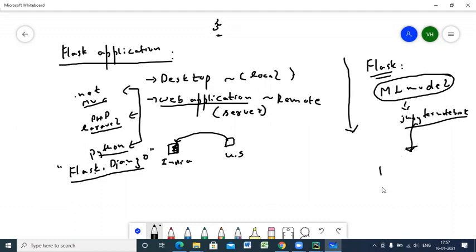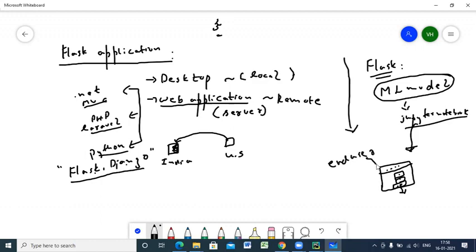He requires some UI, right? He requires some user interface. He requires some website. It must have something like enter the salary, enter the age, and predict the salary. I mean, enter the salary, enter the gender, predict the salary, something like that. So you want some interface so that the party or else the end user must understand your application.